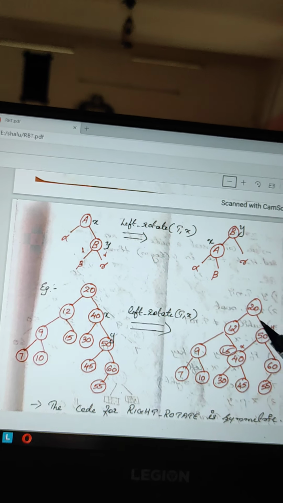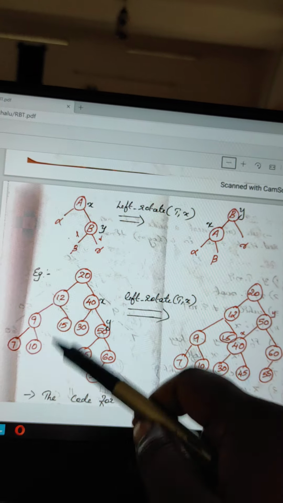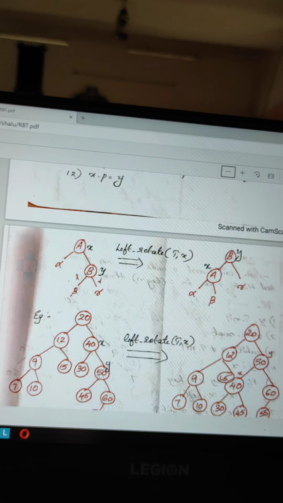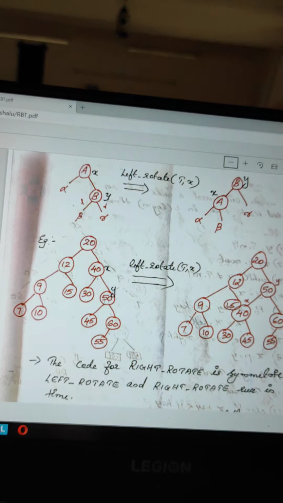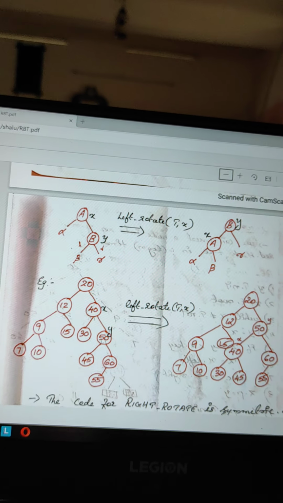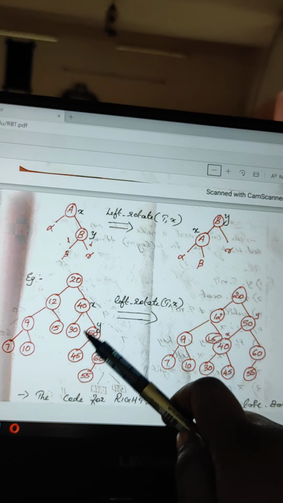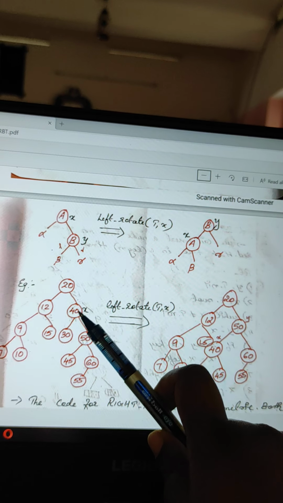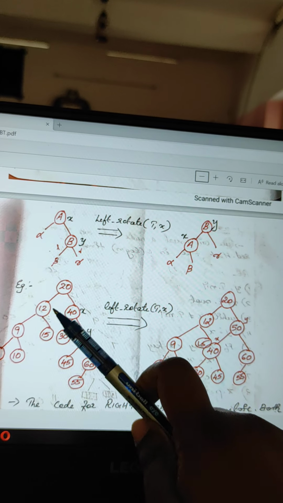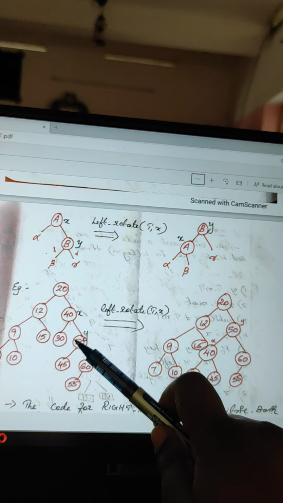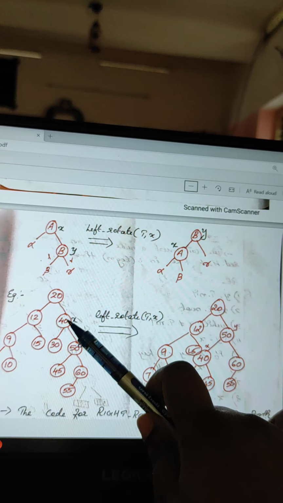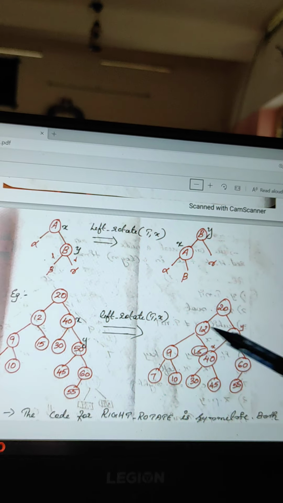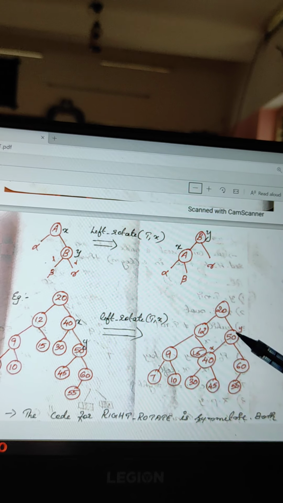That we all performed in a single step by rotating. But as per the algorithm, we do it all step by step, so we have to check with the algorithm. It's very simple. Left rotation is very simple. Here we call the left rotation on the node 40. So we just pull down the 40 here. Automatically 50 will go up. So what will happen? 40 will come here and 50 will come here.